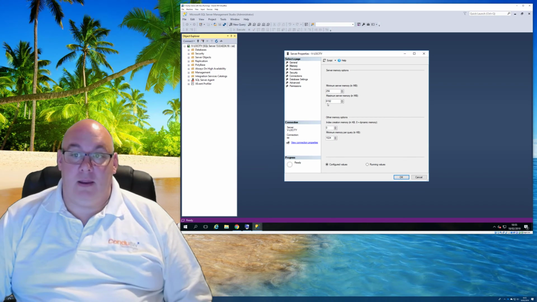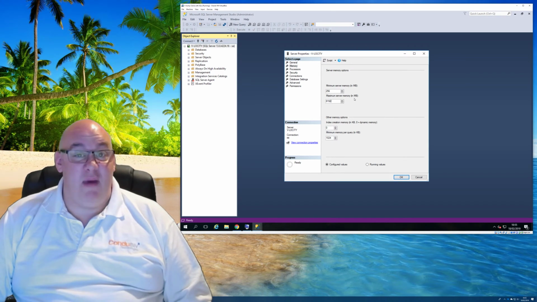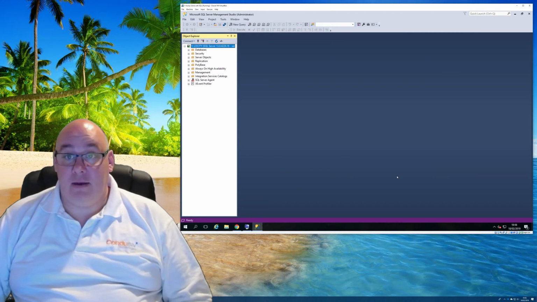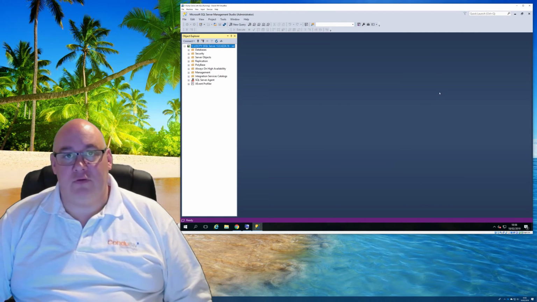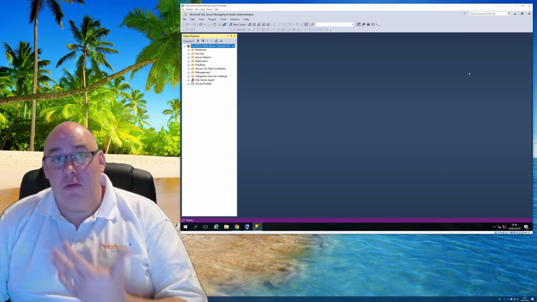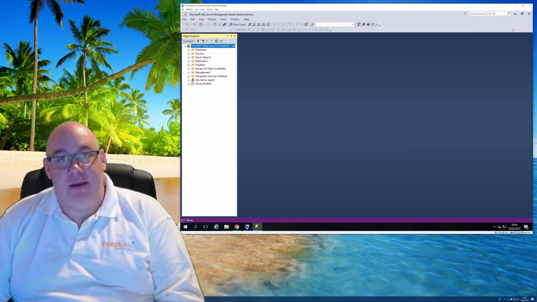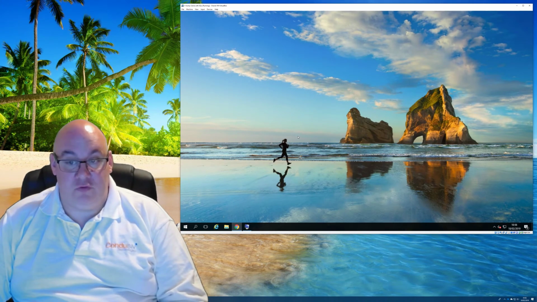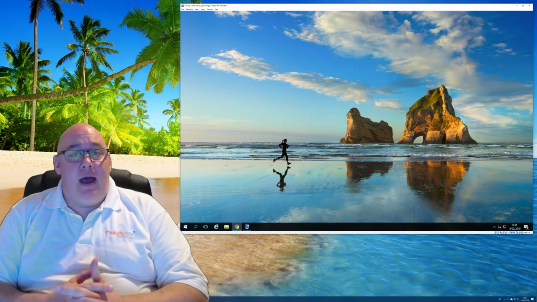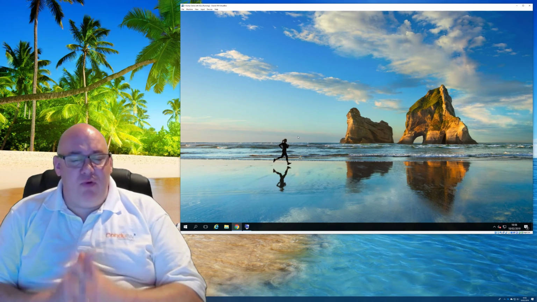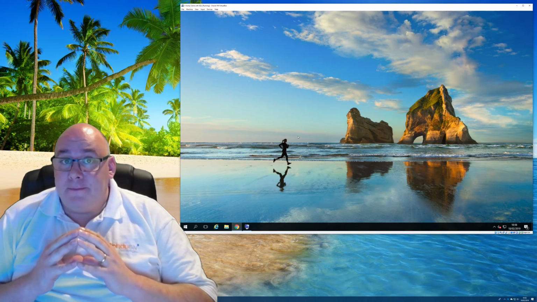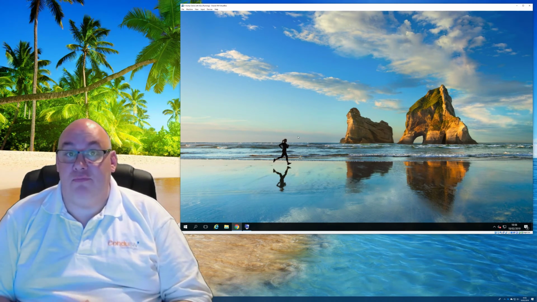So we'll put in 8,192 meg, which is 8 gig. Click OK, and that's it, we're done. SQL is now limited to using no more than 8 gigabytes of memory, and it's now leaving plenty free for V-locity to use. So we can just go ahead and close the Management Studio. That's it. So yeah, it's really around getting best results by making sure that there's enough memory free for V-locity